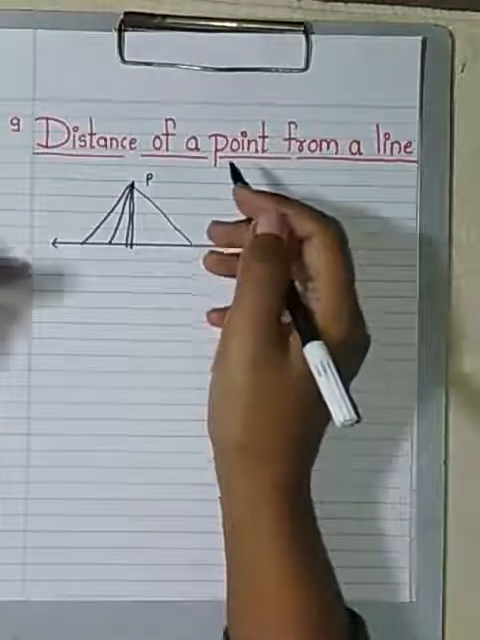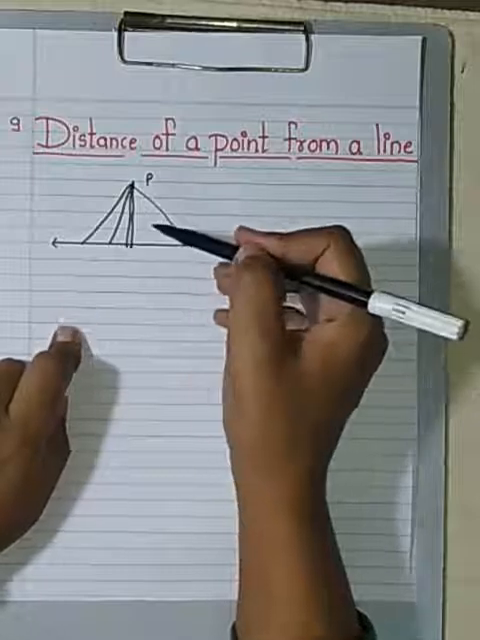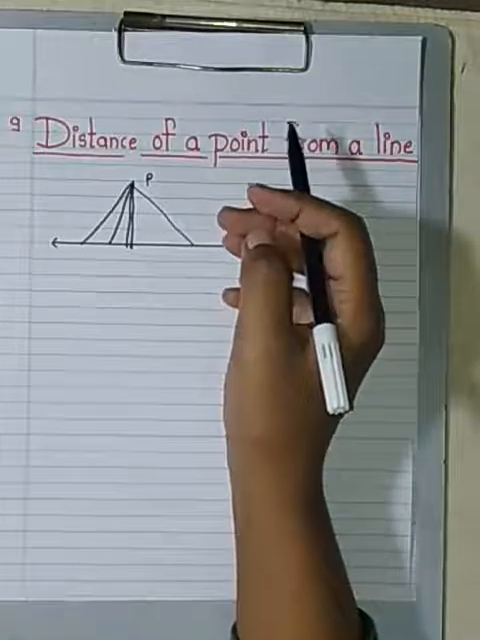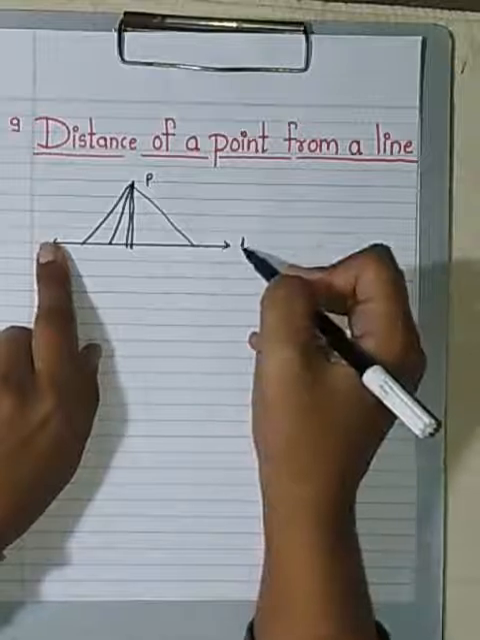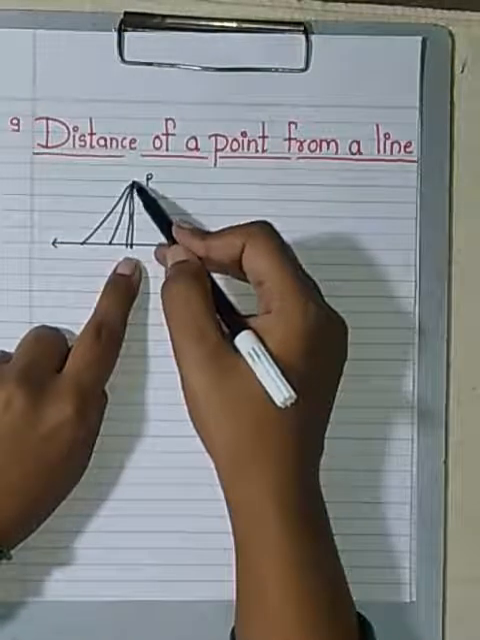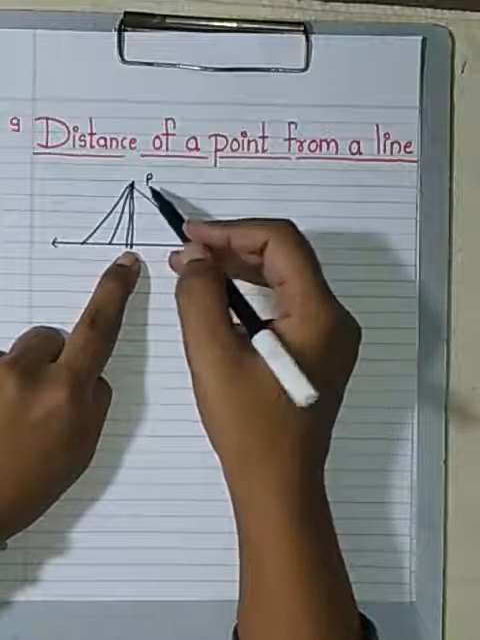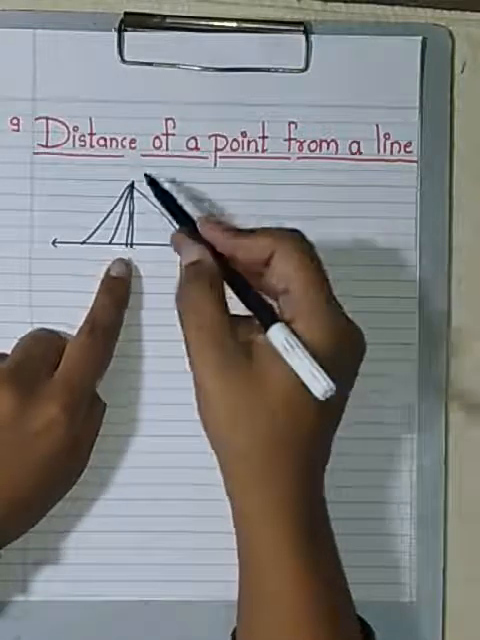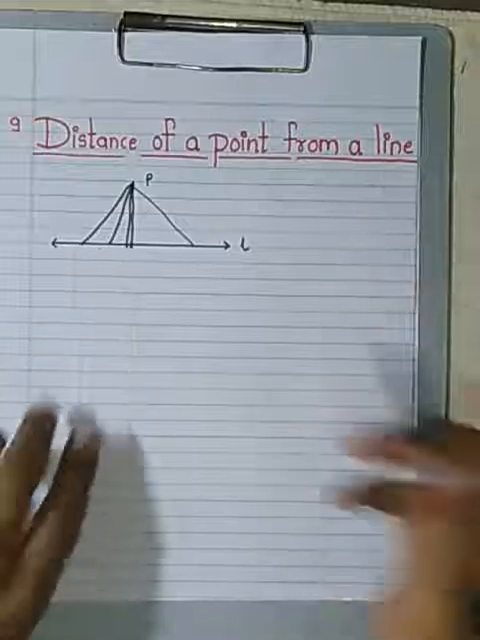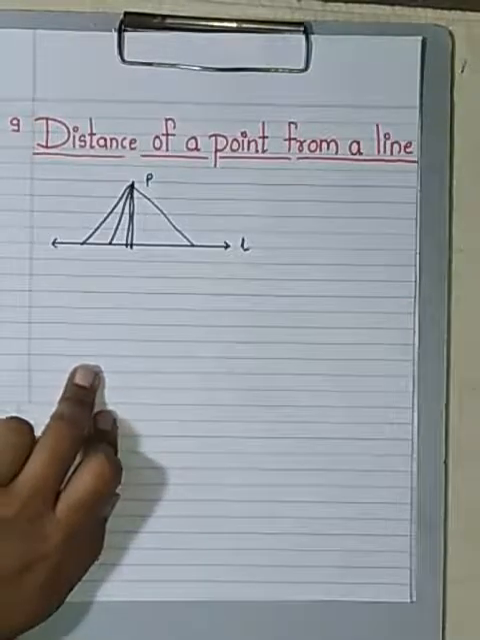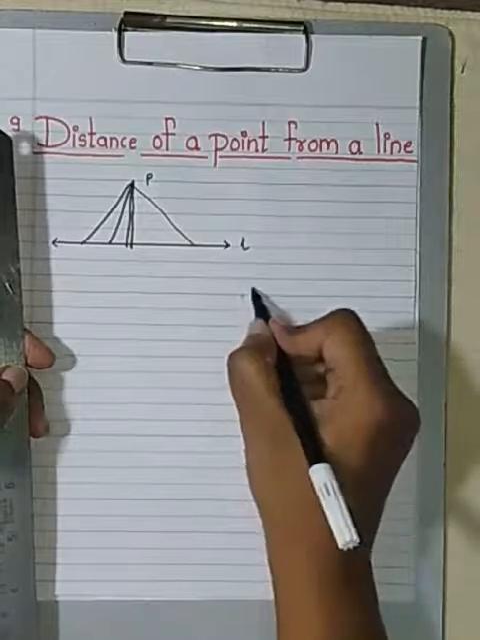So what you have to do is simply measure its perpendicular distance. For this you need a set square. You have to take your set square and put it on this line L, and draw a straight line joining the line L and point P. That will give you the exact distance of point P and line L. For example, if point C